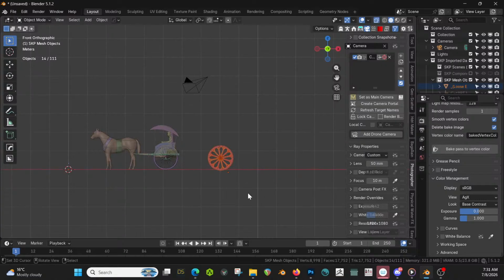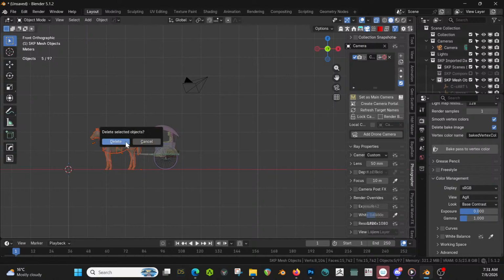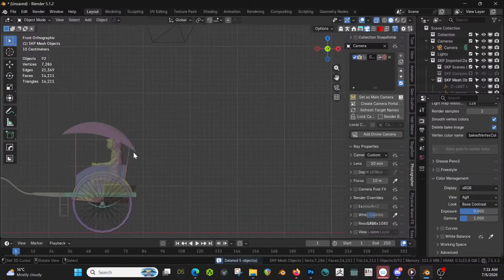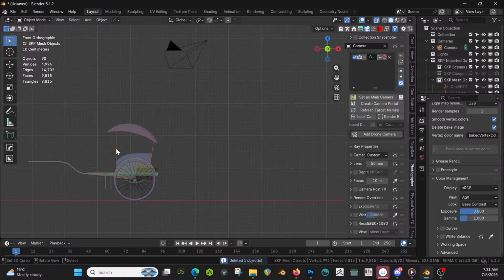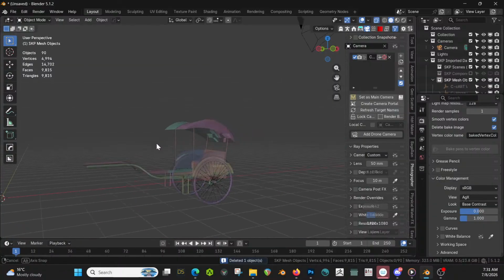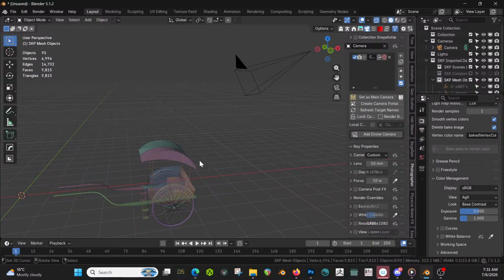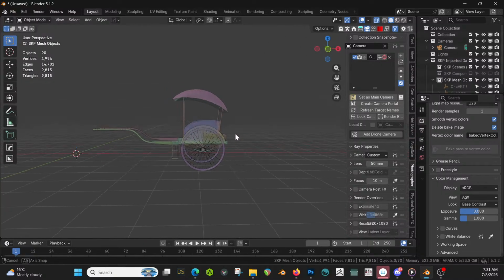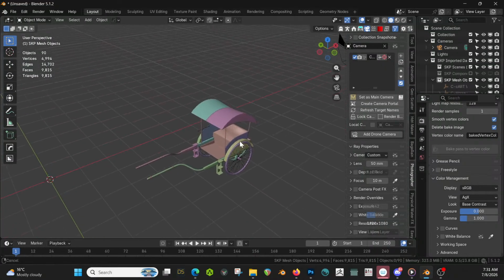I'm going to delete that wheel, delete those objects, delete our person, our other person. And I think we will keep the rest of this stuff. I'm going to